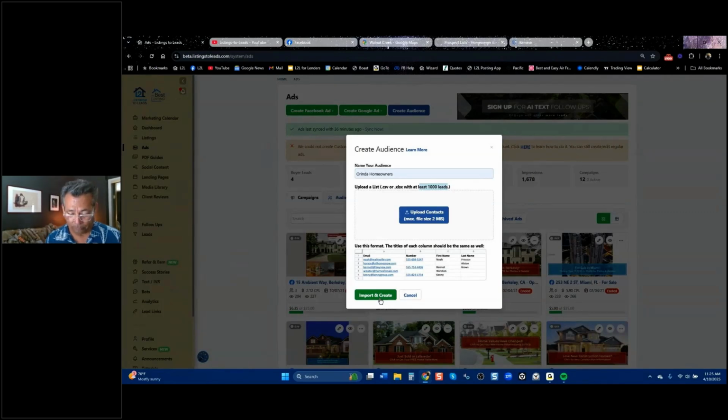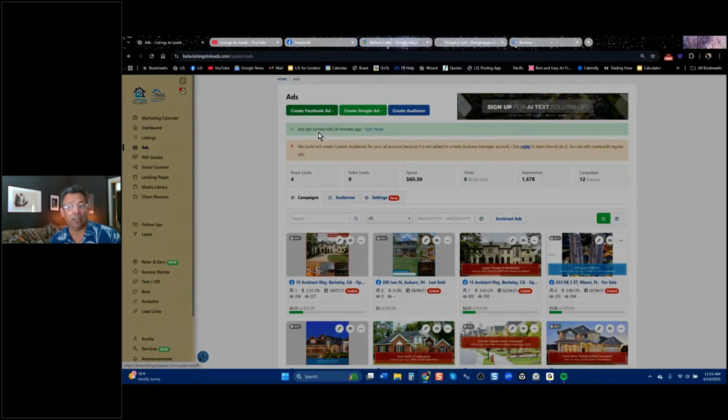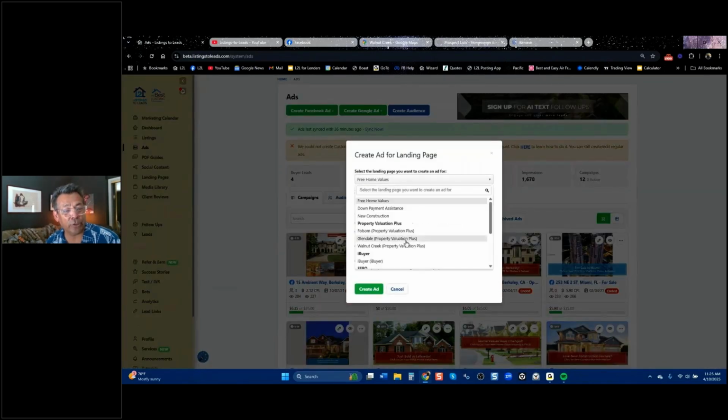We don't need it. But it needs to look like this: email, phone number, first name, last name. It needs to be in that order. It needs to have those headings, and it doesn't need any more data than that. This is really important if you are trying to stay in this industry and have a serious listing business. Because if you have a list of homeowners and you're able to target them instead of doing a 15-mile radius ad, now you're in great shape.